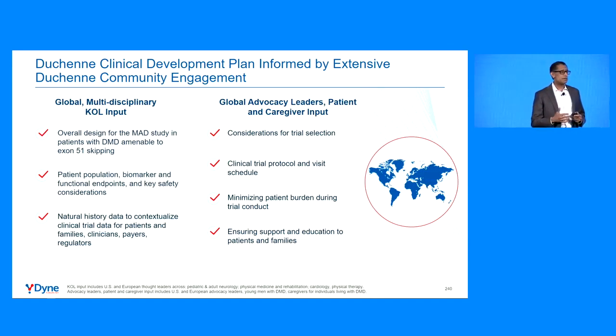Importantly, we have taken a lot of time to listen to the community and the physician scientists. We have designed our program in partnership with the key opinion leaders to be able to have a scientifically and clinically meaningful design that's looking at the right endpoints in the right way and thinking about the natural history so we can interpret our data. And we've also had advisory boards with young men with Duchenne, with parents of young boys, advocacy leaders to give input into our clinical trial protocol, the visit schedule. Where is it going to be most burdensome for the families? What are the main pain points, and what can we do about it? So our design has taken all of that into account, and your input has been directly reflected in our clinical